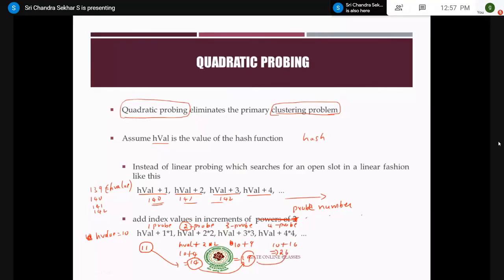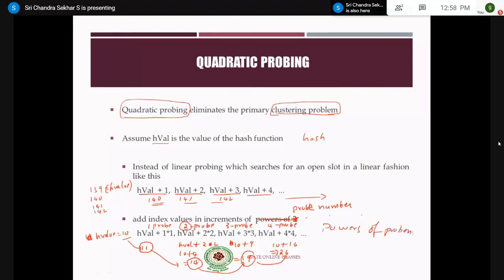After 19, you will search 26. You can observe that there is no problem of clustering. After 10 you search 11, then 14, then 19, then 26. Like that you go on increasing in a quadratic manner.